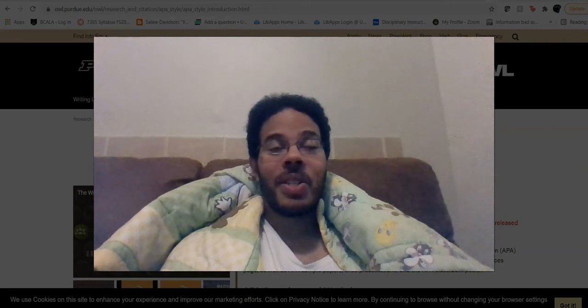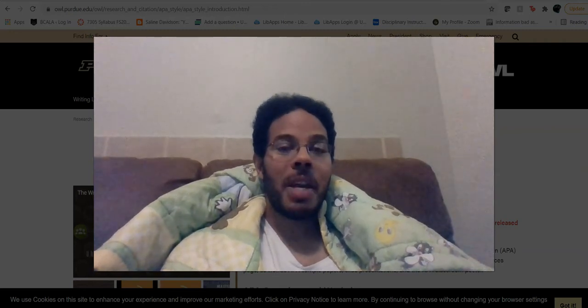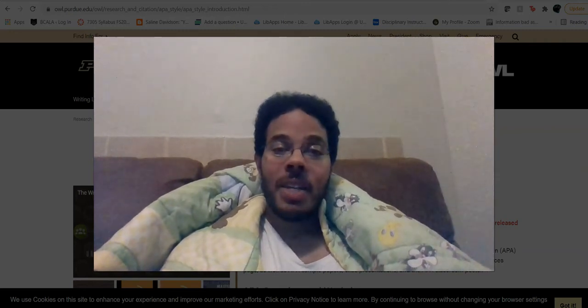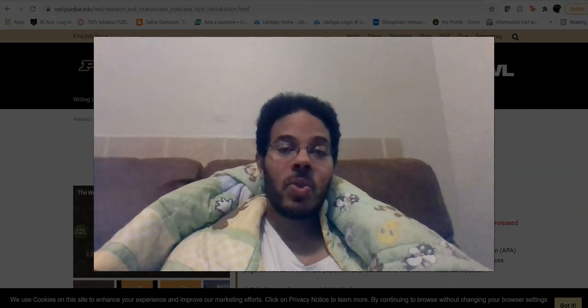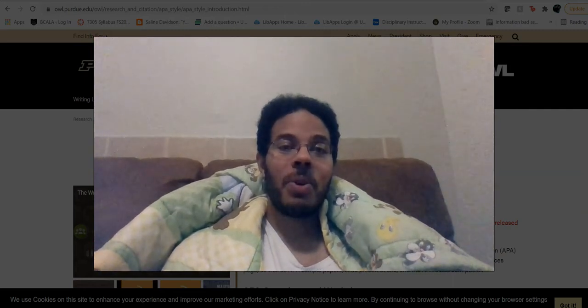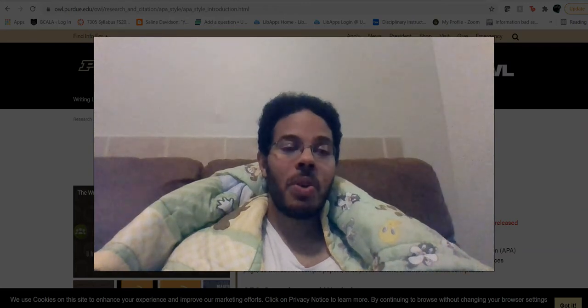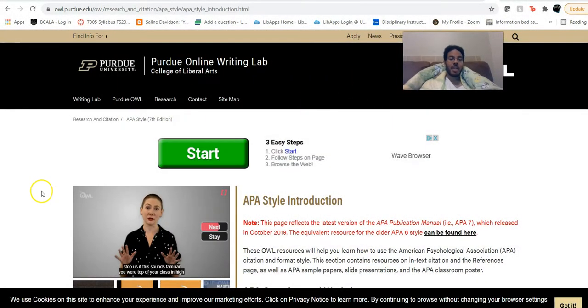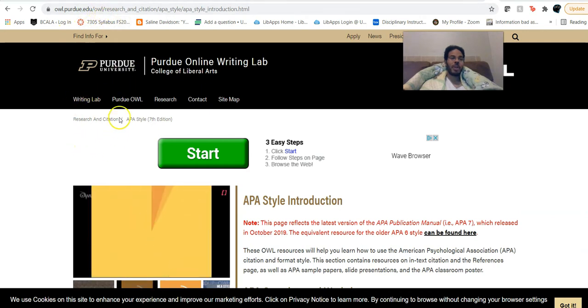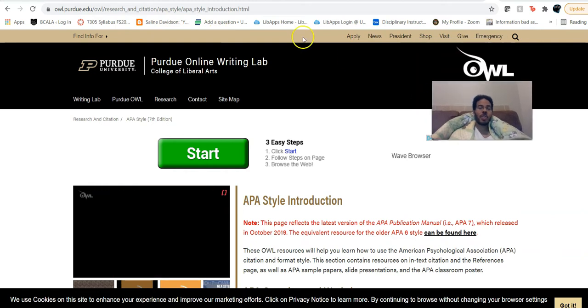So you're not necessarily going to want to also be paying for a citation style manual. And so I am glad that there are resources that are free, and the Purdue OWL, again, is one of those better free resources. And so if you ever need to use the Purdue OWL, like if you're going to use the Purdue OWL to check your citations for this class or any other course that you're taking here at CISL,